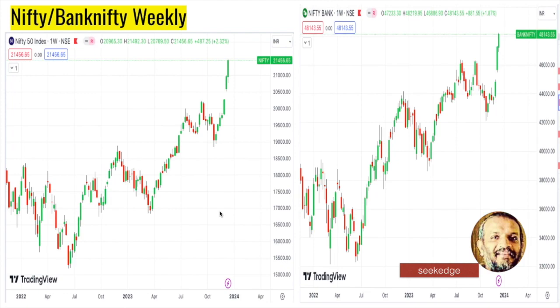Now coming back to the candles, look at that candle. It's a wide range bullish candle on both the indices. Not just the first time. Last week we had an even bigger wide range bullish candle with a gap up. This week it's another